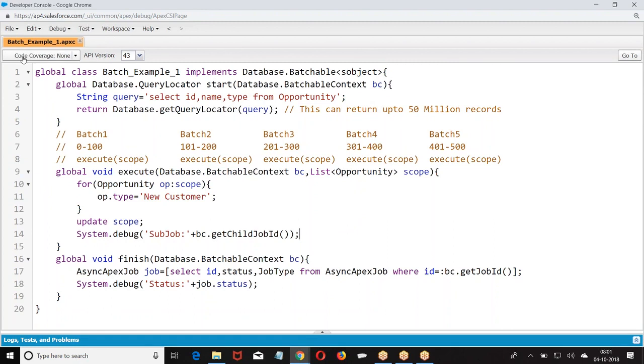What is the batchable content? Obviously, when you give 31 records and tell it to break the set into sets of 10, it will be 10, 10, 10, 1. So it will be 4 batches.